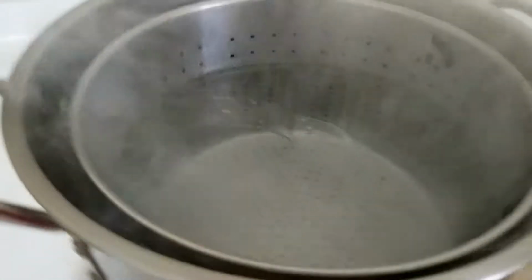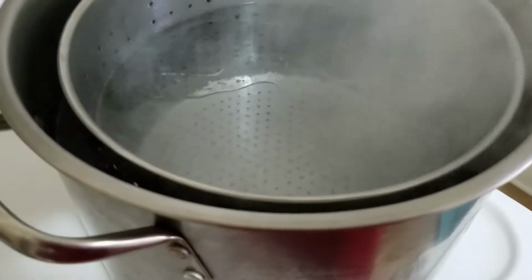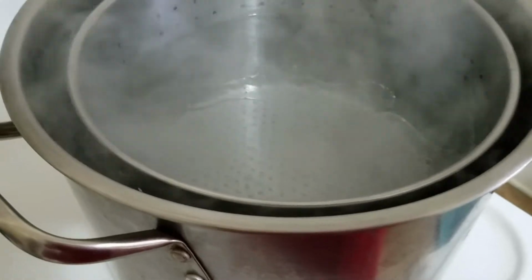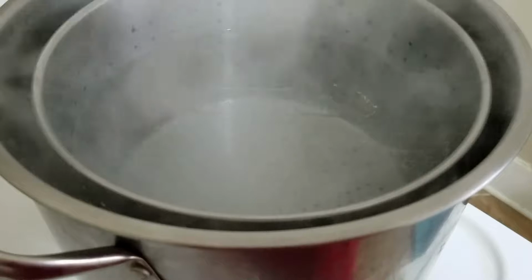Water for my traditional mac and cheese recipe. I have 3 fan favorites, and today I am making the traditional one. It consists of only sharp cheddar cheese and nothing else. My other 2 would be my